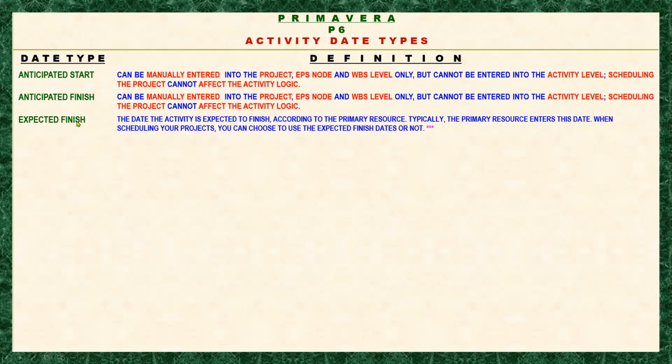Next is the expected finish. So when we look at the definition from Primavera, the date the activity is expected to finish according to the primary resource. Typically, the primary resource enters this date when scheduling your project. You can choose to use the expected finish dates or not. Okay. So